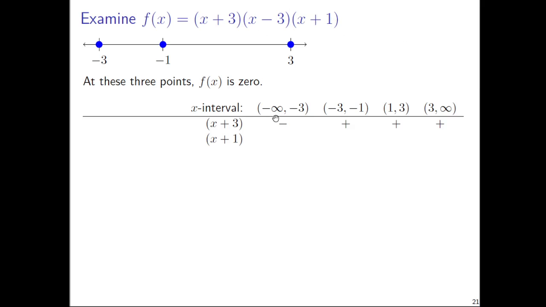So pick an x value that's between negative infinity and negative 3, such as pick x is negative 10, and then negative 10 plus 1 is negative 9, which is a negative number. Pick an x value between negative 3 and negative 1. Probably you'll pick negative 2 for x, and then negative 2 plus 1 is negative 1, which is a negative